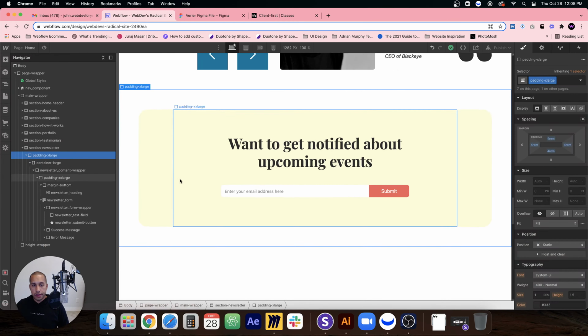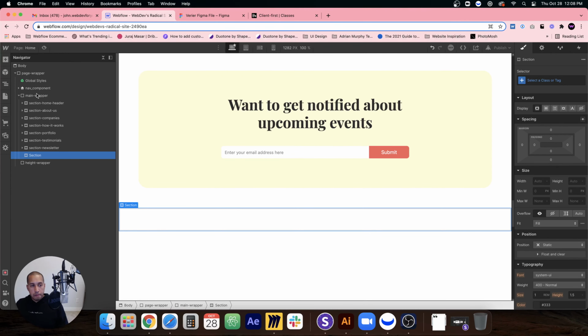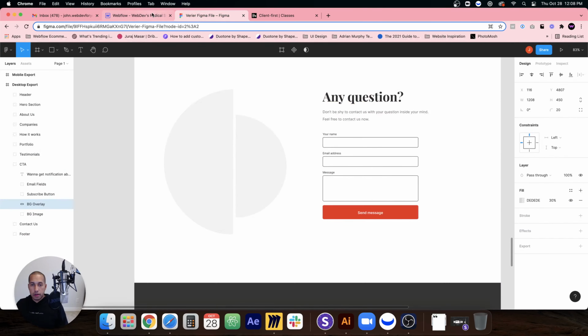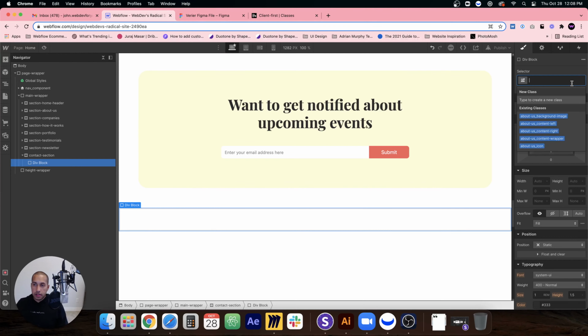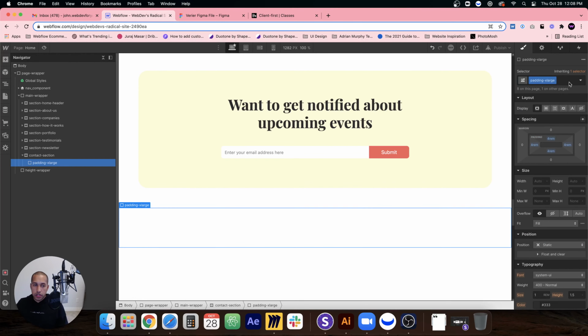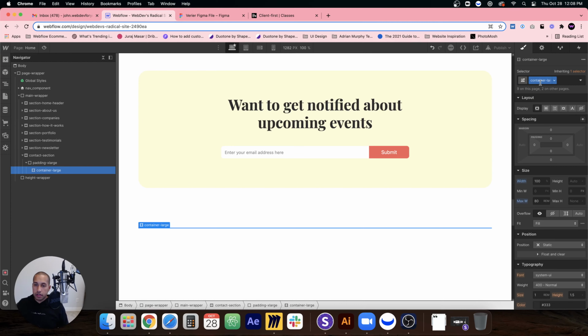So for this, I will create a new section. And I'll call this contact section. Contact dash section. We will add a div block, set the padding to extra large, padding extra large, and we'll add the container and just give it container large. So all these are preset classes from Client-First. And then in the container,